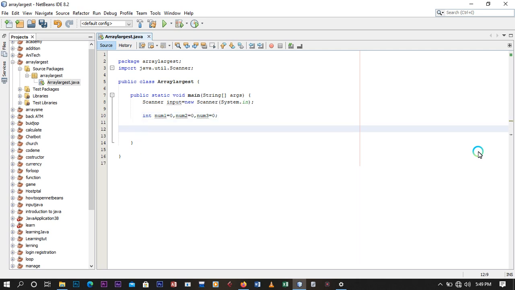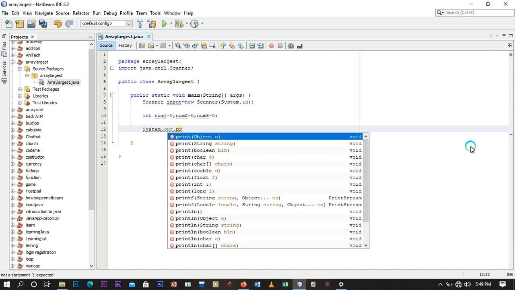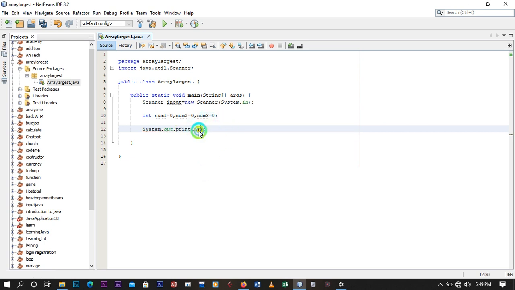Okay, so System.out.print. This is the prompt. We are prompting the user to input certain numbers to print out the largest among them.